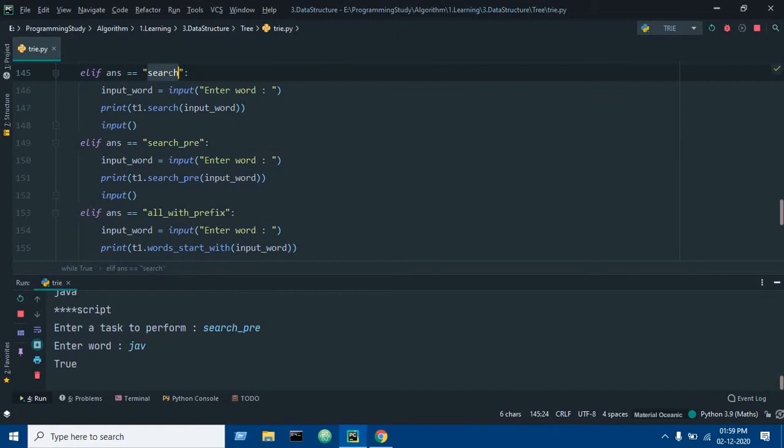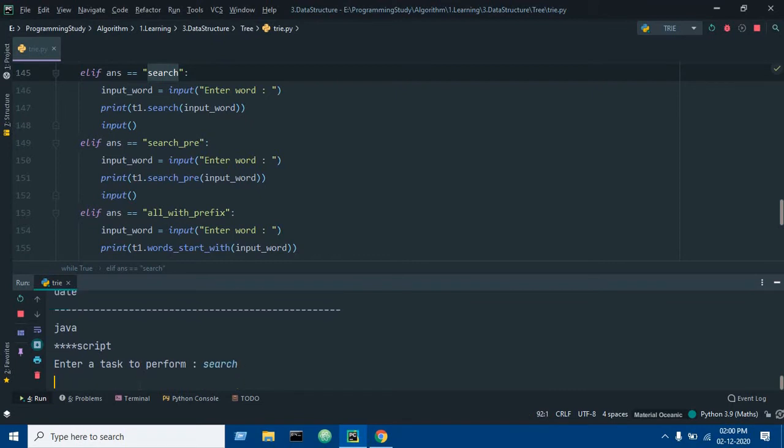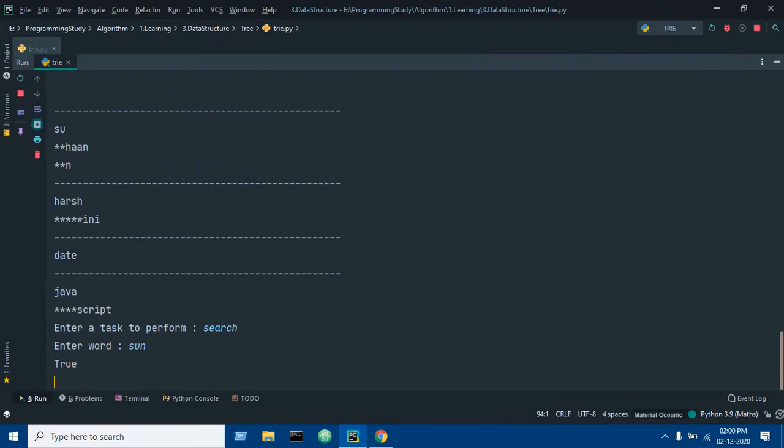You can also search for any word and check whether it is in it or not. For example, I will search for sun, and it returns true, as in my tree structure sun is present.